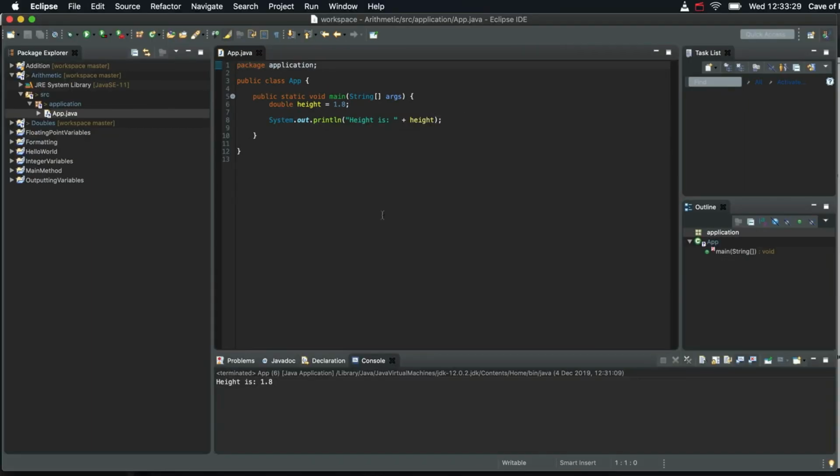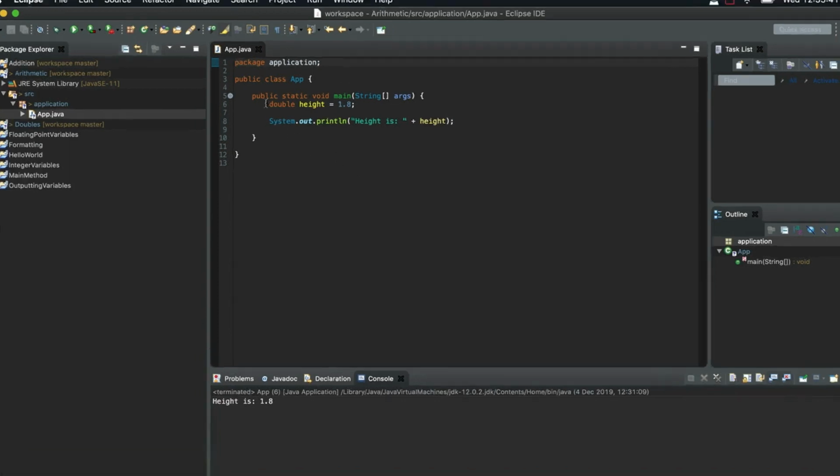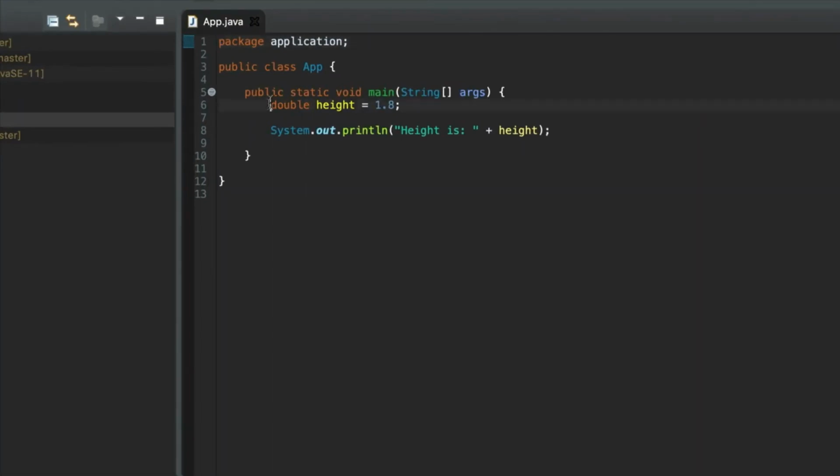Hello, in this video, we're going to take a look at arithmetic in Java. So we're gradually beginning to get towards writing something that really looks like a computer program and might actually be useful. So let's delete this. This is a copy of the program I was working on in the last video. And